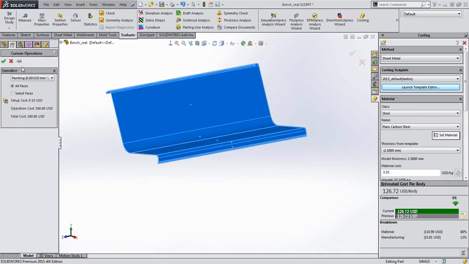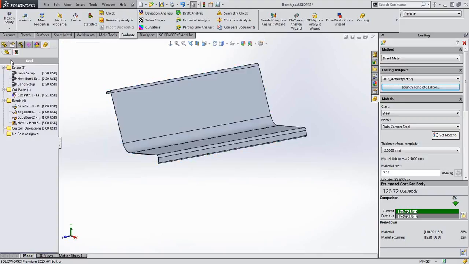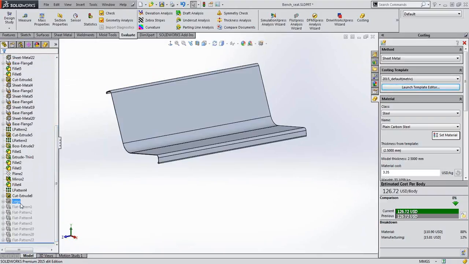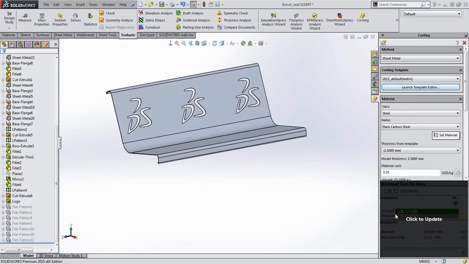So if I go for custom operations, I have the option of defining painting, or whether I want to go for anodizing, or even if I want to go for inspection. So whatever extra costs you think are going to be applicable, you can apply over here. Right. So now let's say for example, if I go back, if I make some modifications to this, let's say there's a new logo, I'll just unsuppress this. So you can see on the right hand side, the minute I made some new modifications, it asked me for updation. So once I click on update,